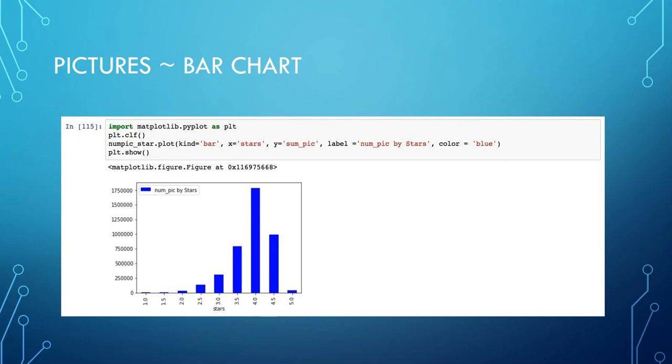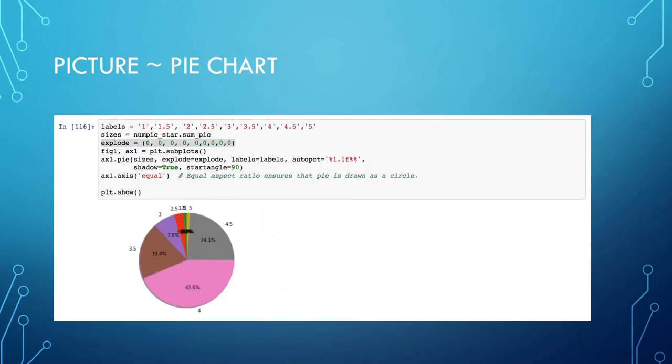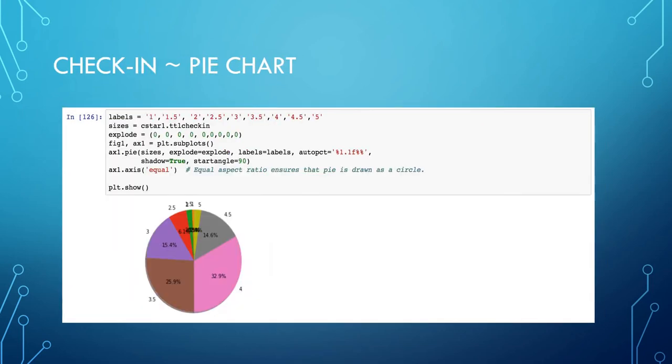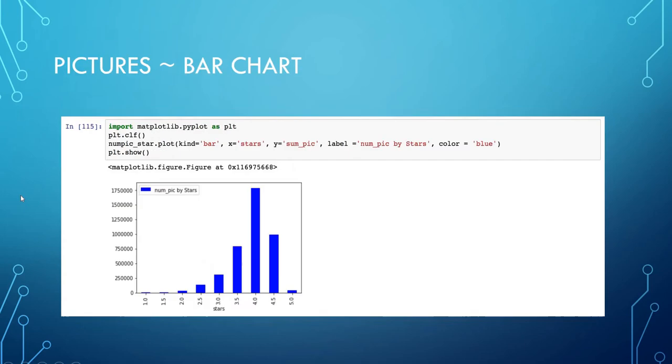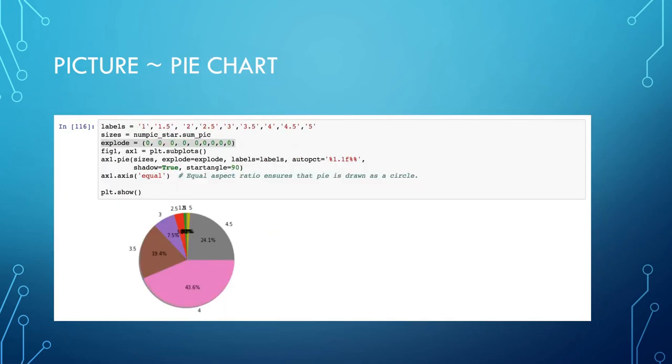were posted from the 1-star rated restaurants, and the highest number of pictures posted came from the 4-star rated restaurants. And once we looked at this from the proportions perspective, we saw that 44% of the pictures posted are from the 4-star rated restaurants, which is an increase from the already high 33% of the check-ins at 4-star restaurants. So we do believe that the 4-star restaurants provide the sweet spot for both business owners and